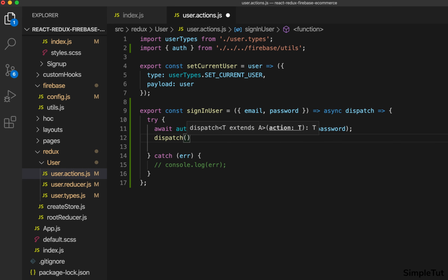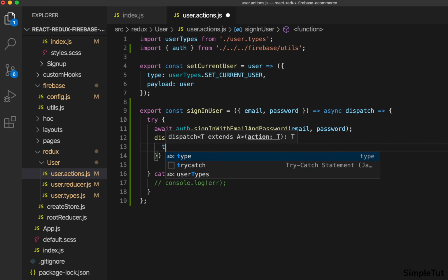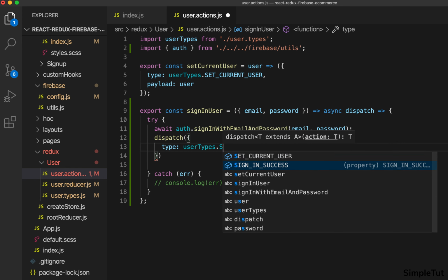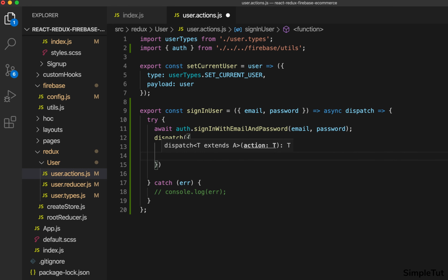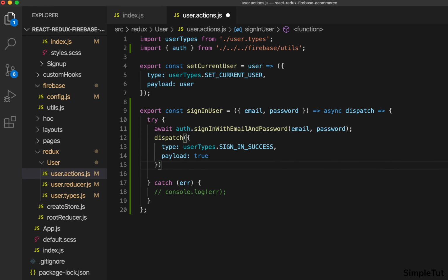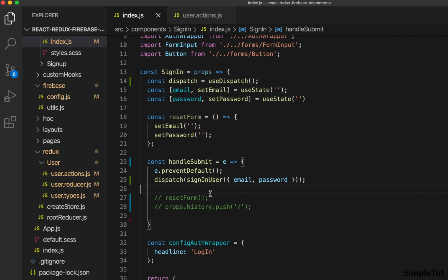And what we want to dispatch is an action. First of all, we need to define the type, which is again going to be user types dot sign in success, and the payload is going to be true, right? Because this is our success case. So now that we have this logic in our Redux store, we can come back over to our sign in